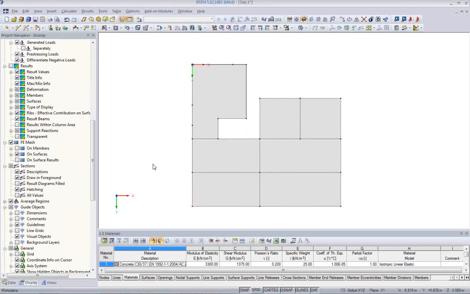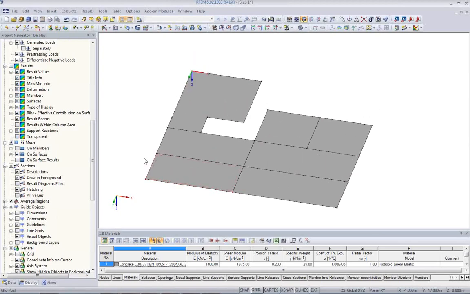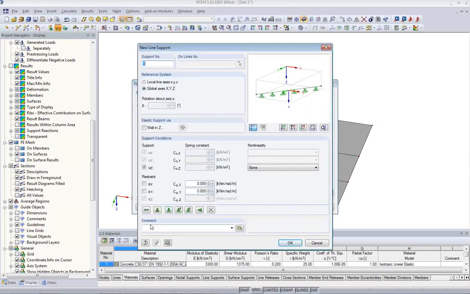And we are done with the surfaces. Next, we'll enter quickly the linear supports from the walls. I can either enter a rigid linear or hinged linear support, or as a specialty in RFEM,